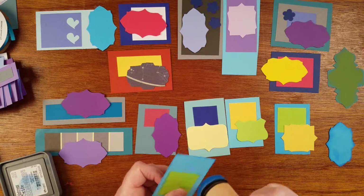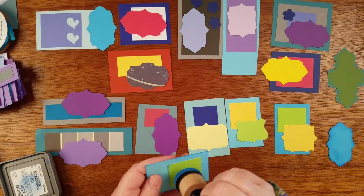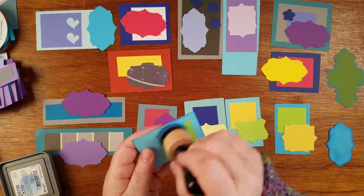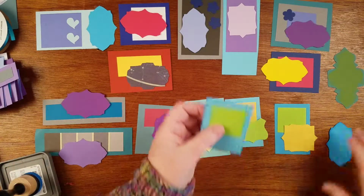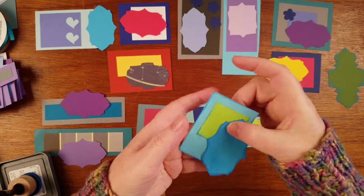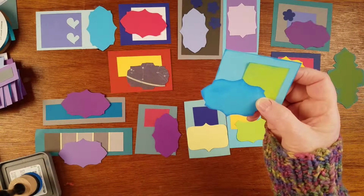I'm going to go in and try to hit the green square a bit. I didn't think about this until after I had basically finished all this gluing. I like that. And then actually, we could use it like this, and we could get some,